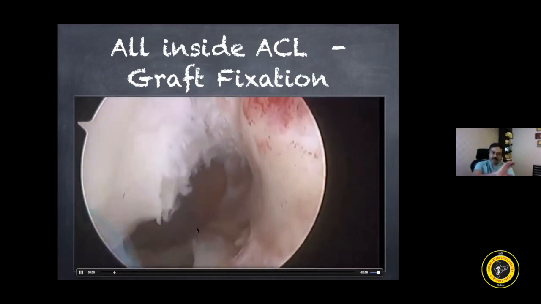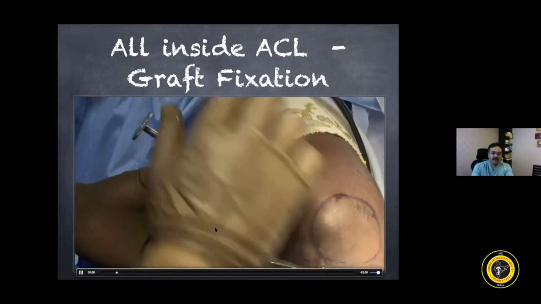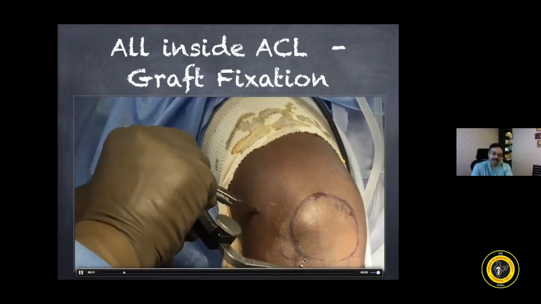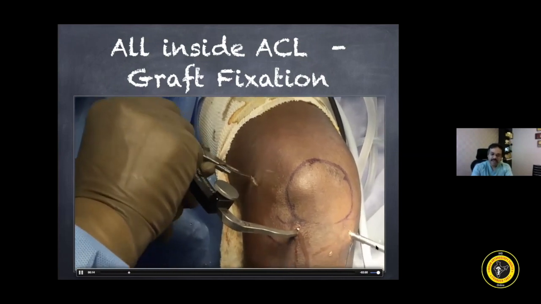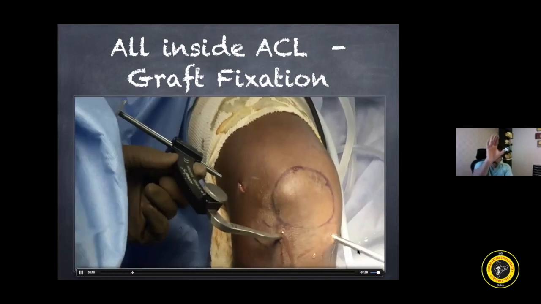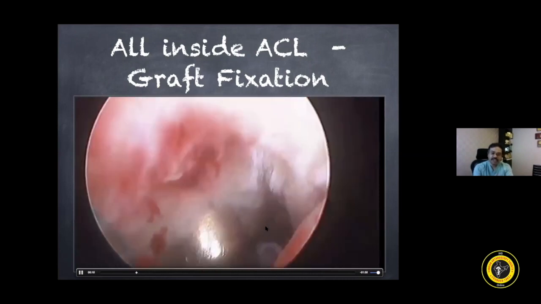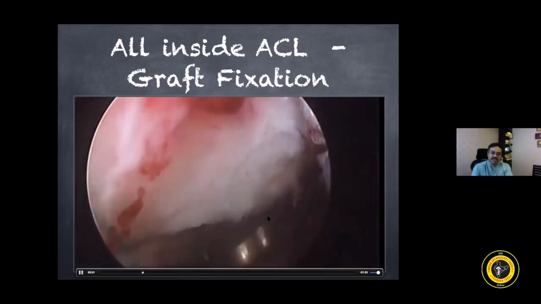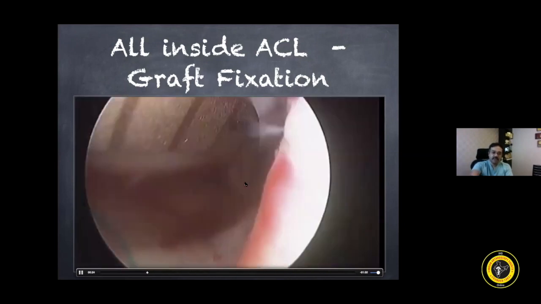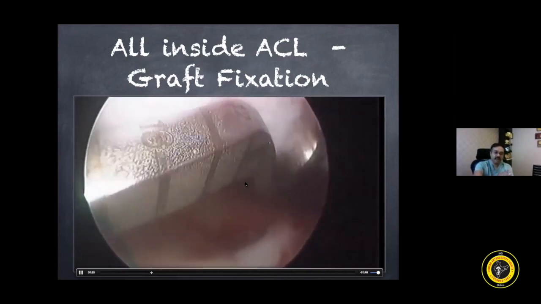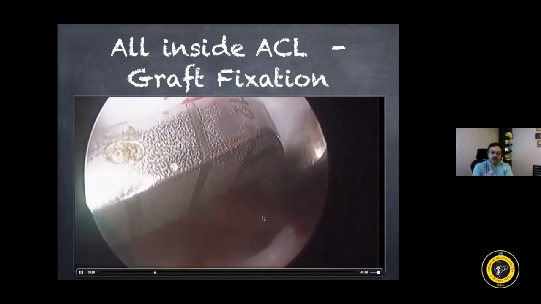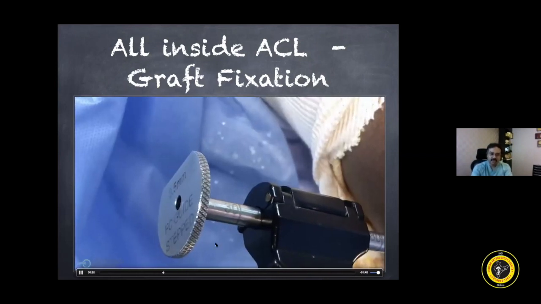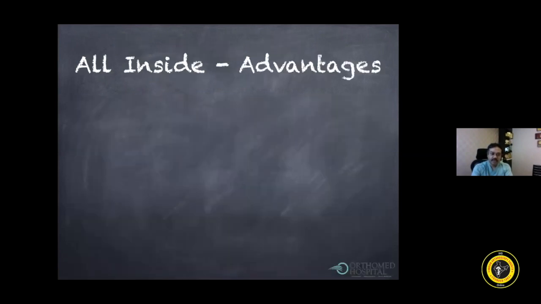Once these remnants are taken out, the jig is passed. This is the femoral ACL jig, so the camera is from the anteromedial portal, that is the end-on view, and the jig is coming from the anterolateral portal. You can see that jig, and the jig has markings on it like 20, 15, so that we know where we are placing it. So the jig is from the outside in technique. You can see the markings here.